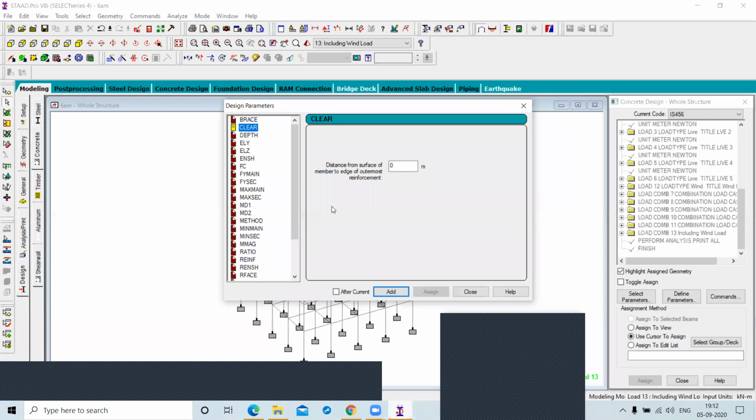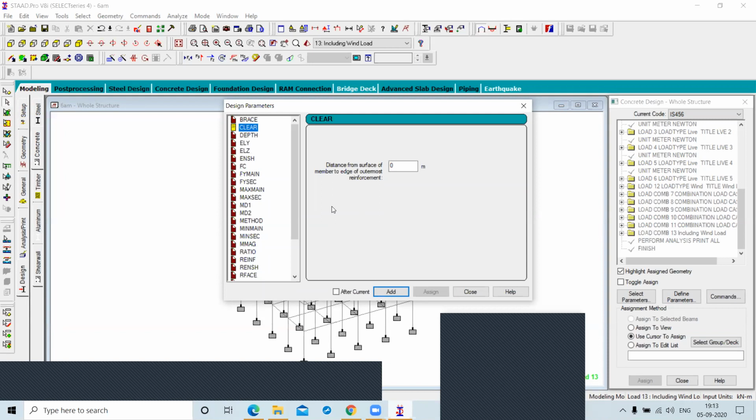It is the distance from the side or bottom of the beam to the center of the rod. This is the clear cover. MJ, this is the right answer.